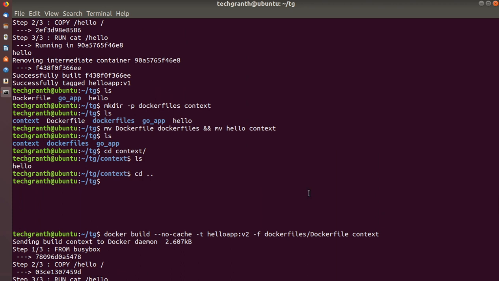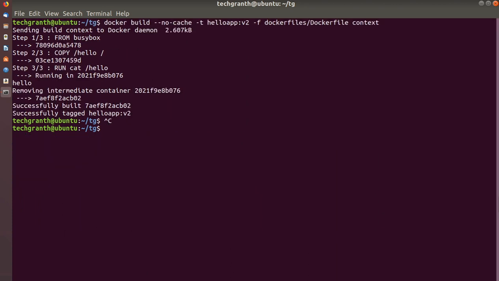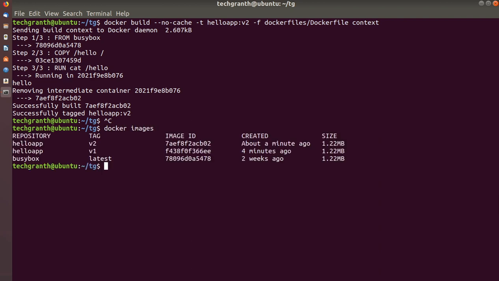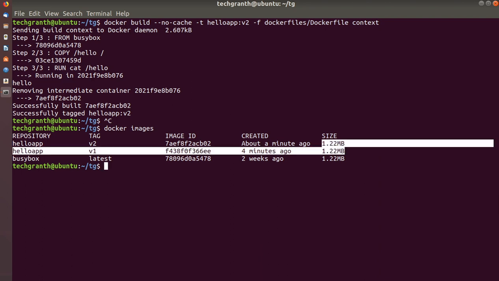So including files which are not necessary for building an image will result in a larger build context and larger image size. If we see docker images, the size is not showing a difference here, but it makes a difference.